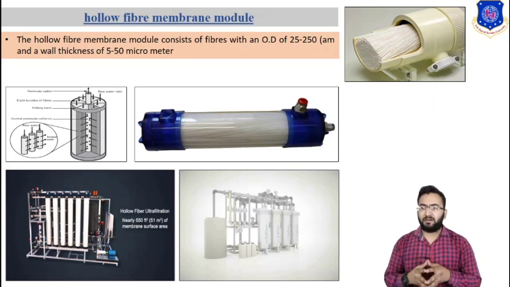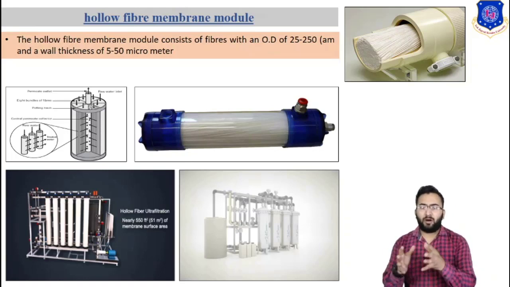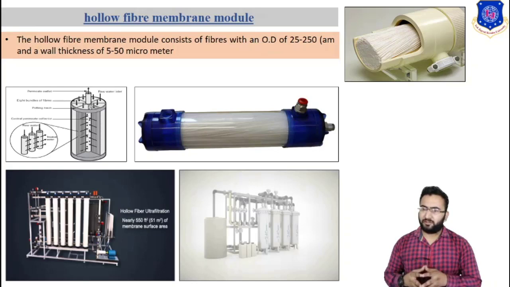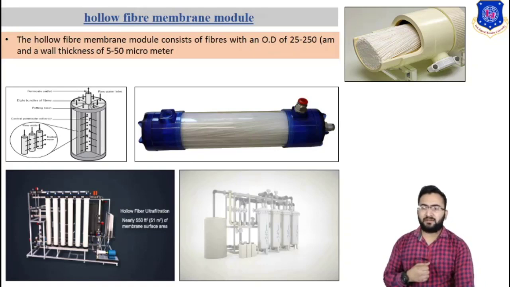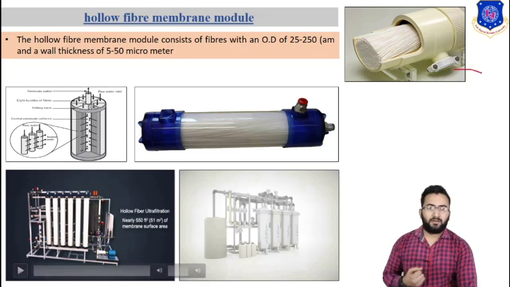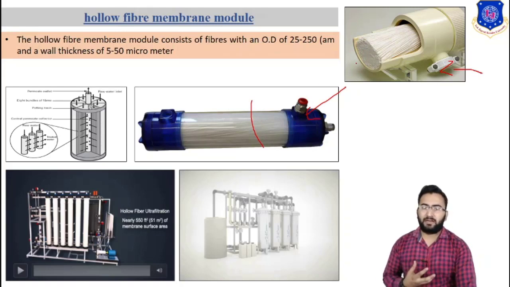The net result is that the hollow fiber unit operates in the non-turbulent or laminar flow region. Typically, a single hollow fiber permeator can be operated at up to 50% recovery and meet the minimum rejection flow required in hollow fiber membrane. So this is a real image of the hollow fiber membrane module, which looks like this. The cross section of this hollow fiber membrane module can look like this.